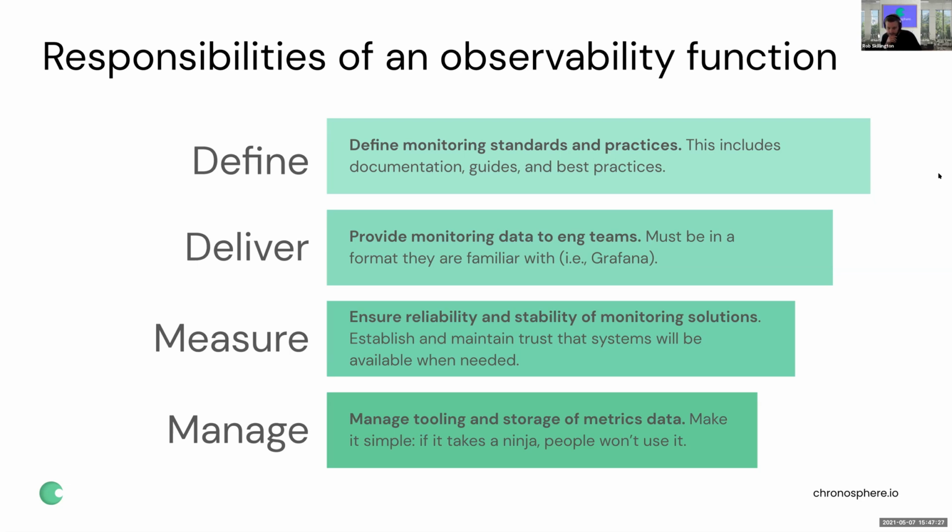And then, of course, the next most important thing after delivering is measuring the reliability and stability of your monitoring, maintaining trust that the systems will be available when needed, and making sure that you have very clear